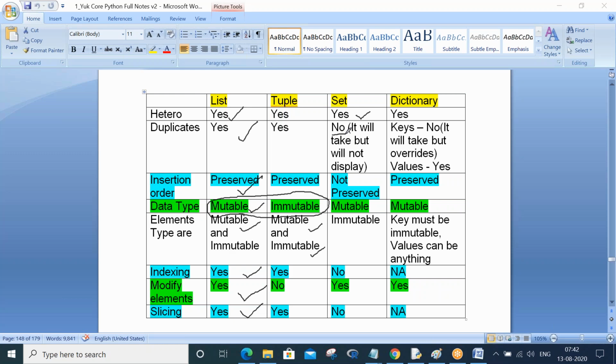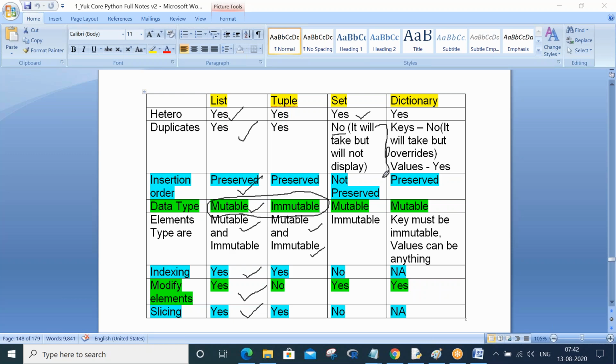If you write 10, 10, 20, 20, 30, 40, 50, 50, meaning you try to write duplicates, set will take it, but when you print that set, it will not display duplicates. It will display only unique ones. So you understood this point: it will take but it will not display.